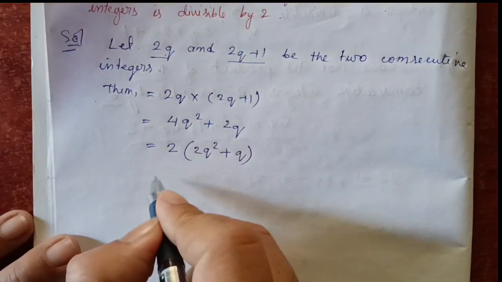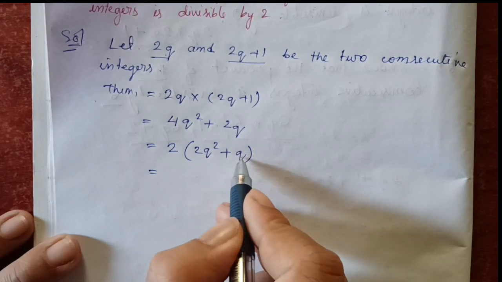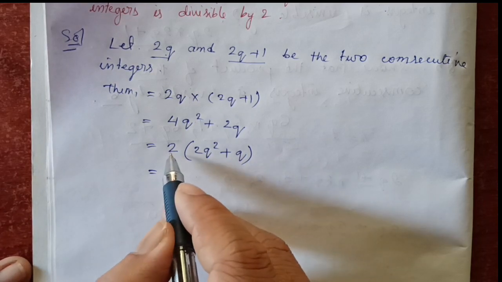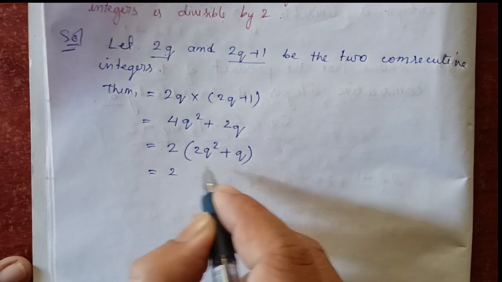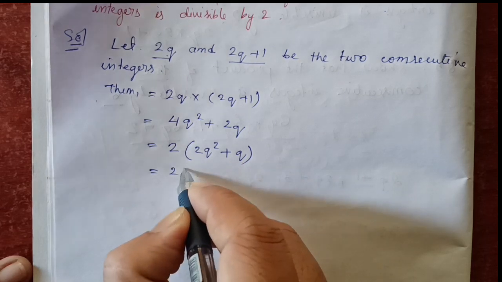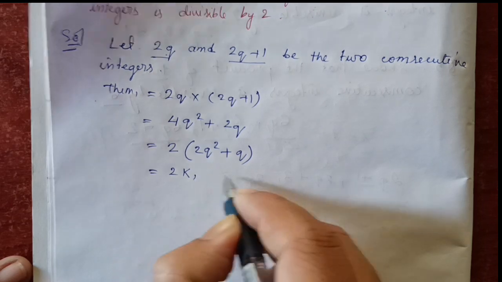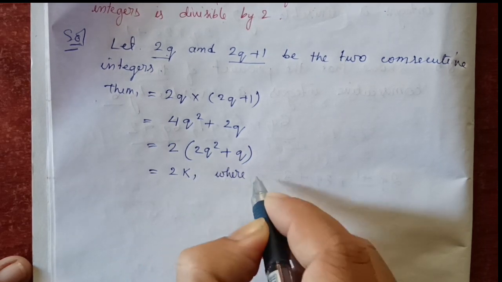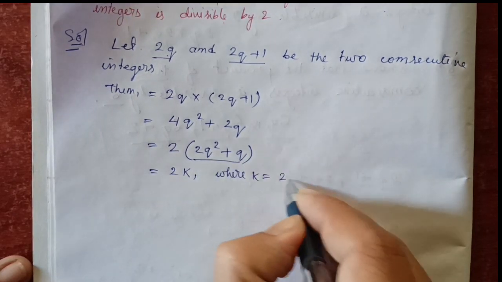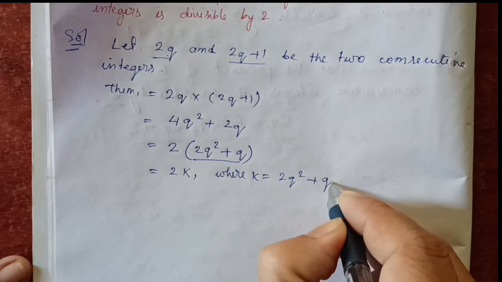Alright, so this 2q square plus q is the quotient we receive after we divide by 2. This number which is inside the bracket, you replace with k. Alright, it's very easy. So you can show here where k will be equal to this one, 2q square plus q